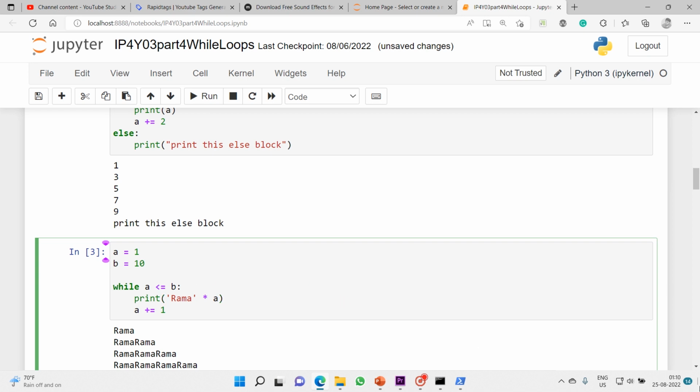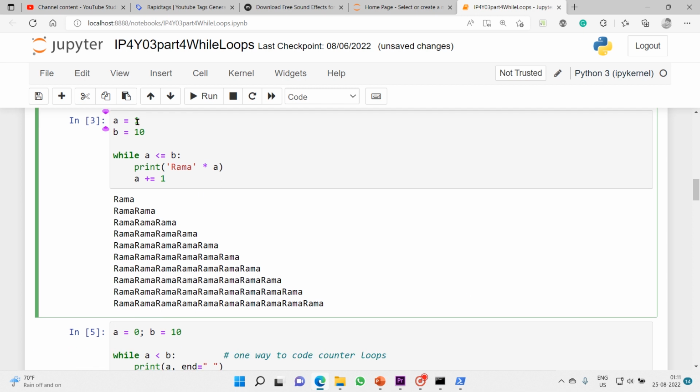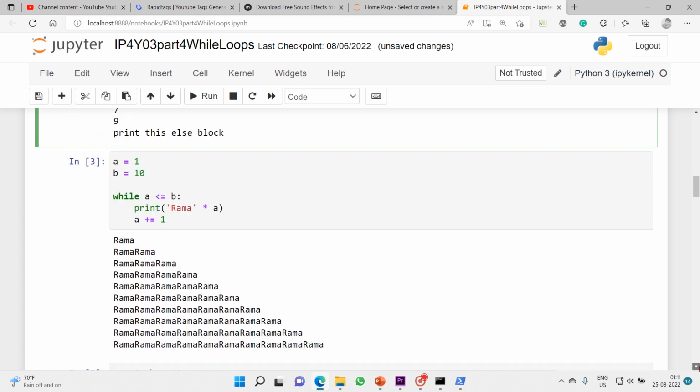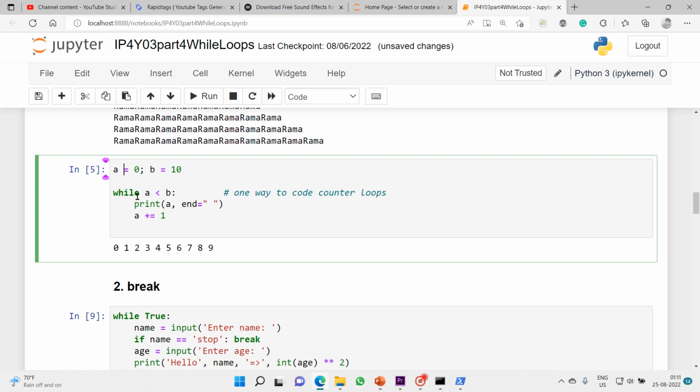Then what we have here is another example. So this is also a gradually increasing one. By and large it's the same type. So I will move on to the next example I have written. So again I have taken A0 B10, and here, see this, it is one way to code